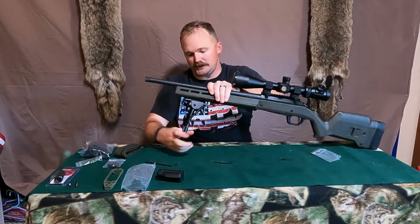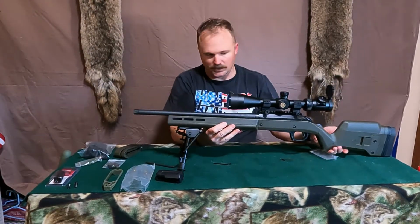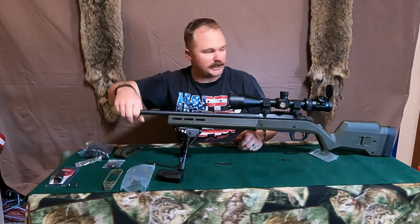So now that our bipod's on, and the rifle's pretty well set up right now, next we're going to unthread the old